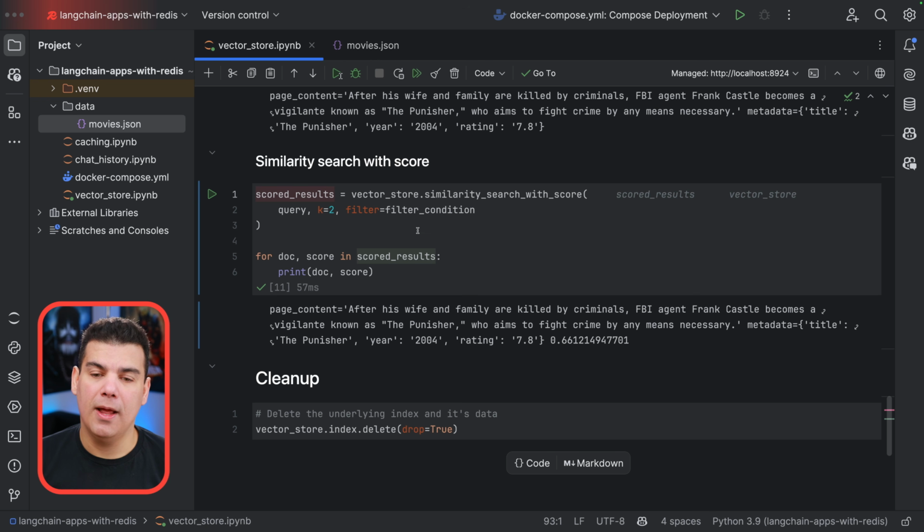As you can see, I basically repeat the same search with the same query, k parameter, and filter condition. Not surprisingly, it found the same movie I was looking for before. But along with the document retrieved, it also came with the score. So what is the score? This is a mathematical calculation of the proximity of the vector that most closely approximates what I was looking for. You can use that score to compare whether it's higher or lower than the others